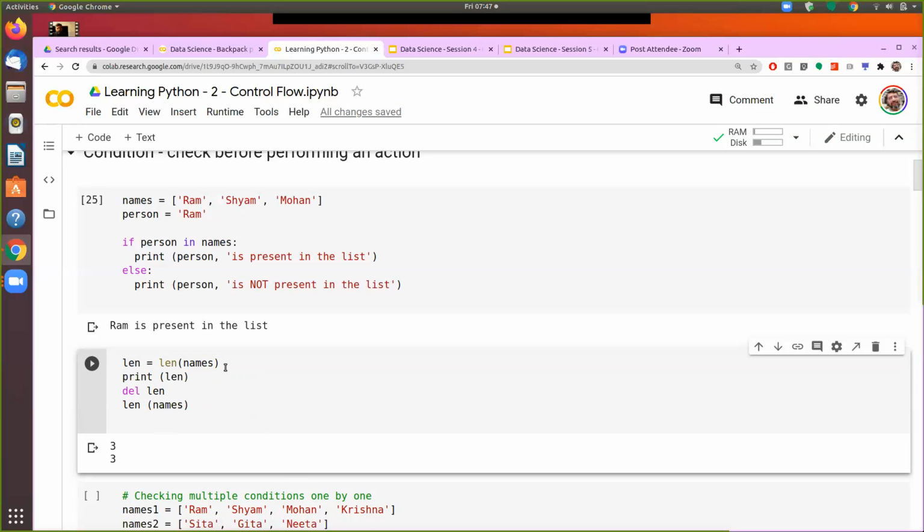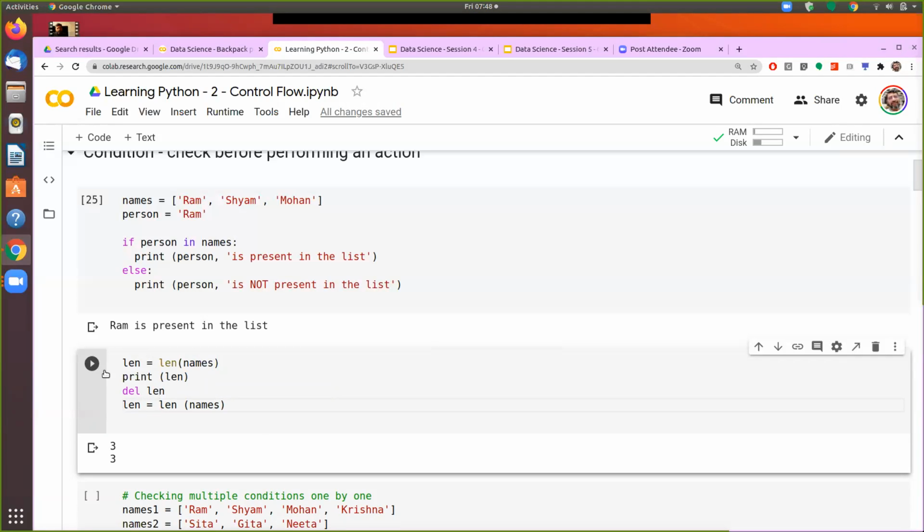Okay, now let me try. What I'm doing now is that after deleting, I'm again assigning it to len, so when I run it next time, len as a variable will still be there in memory.